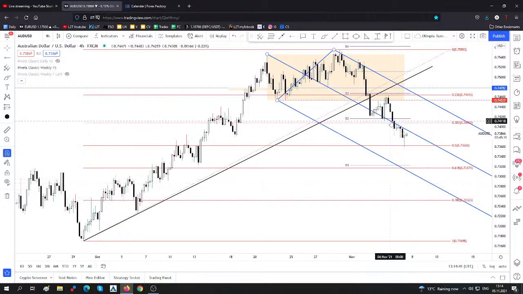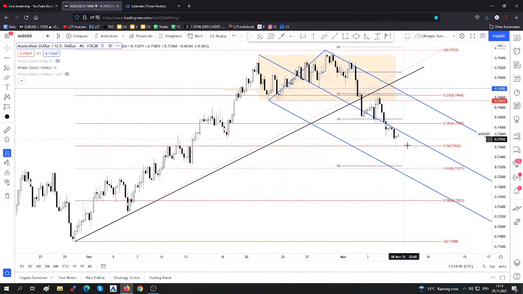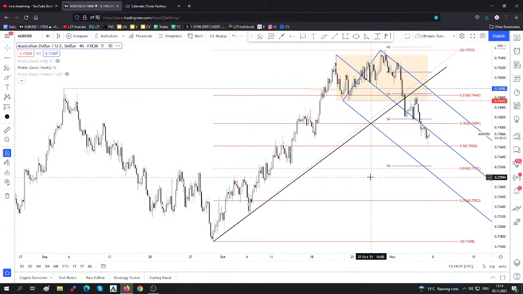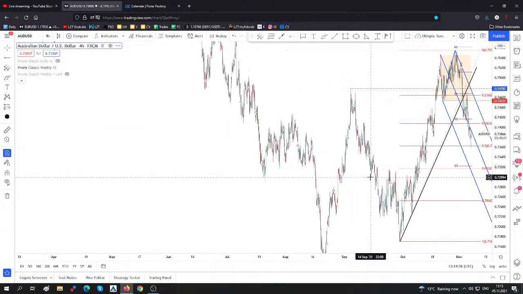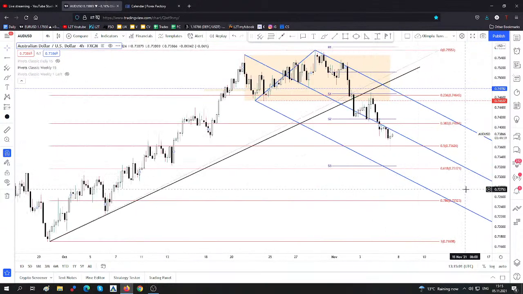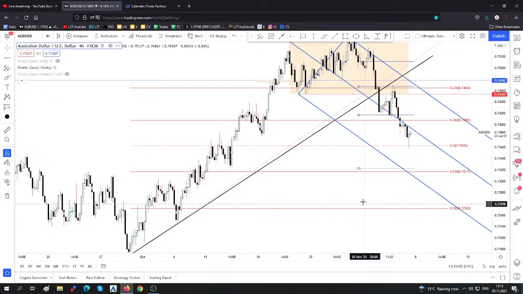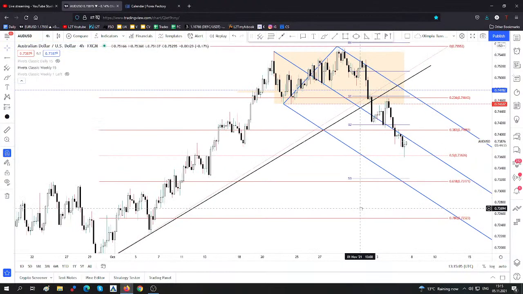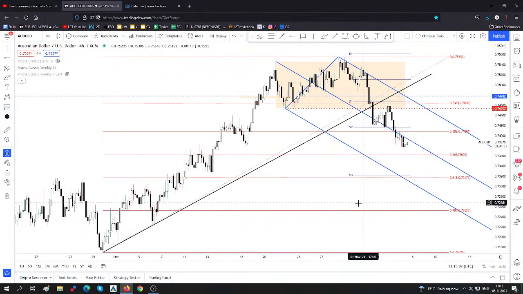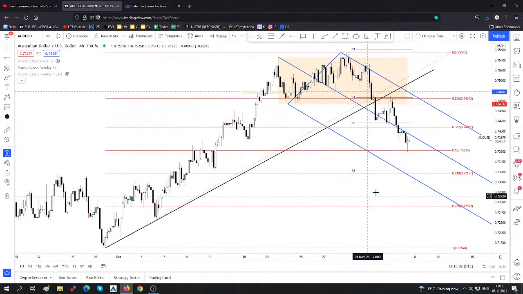0.7359, and as long as it stays below my medium line of the descending pitchfork, the pressure is still high. But right now in the short term, it has registered only a false breakdown with great separation below the 50% retracement level, and right now it could come back to retest the medium line. And here as well, I don't want to go short right now on Australian dollar, US dollar, even if the dollar index is still in the green right now. I'm waiting for something much better.